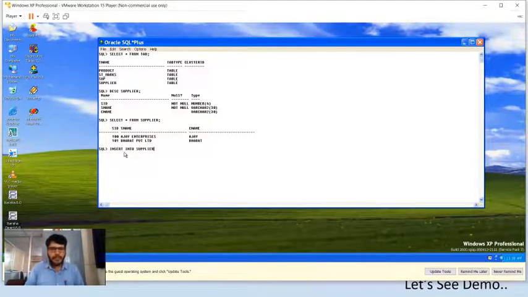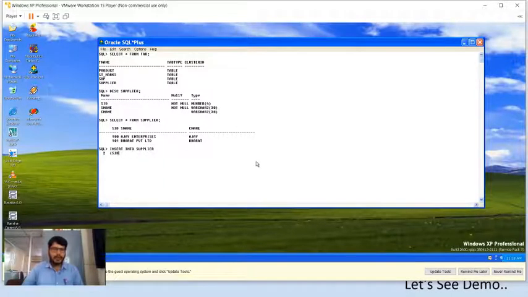Please try to remember that while providing supplier as the table name, it should be correct. Whatever table we have created, the same name I should specify here to insert a new value. I should not mismatch the name here, so that you should remember. And after this, I need to specify the column names. So within a parenthesis, now I'm going to specify what?